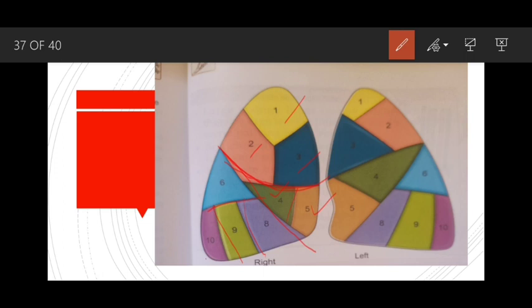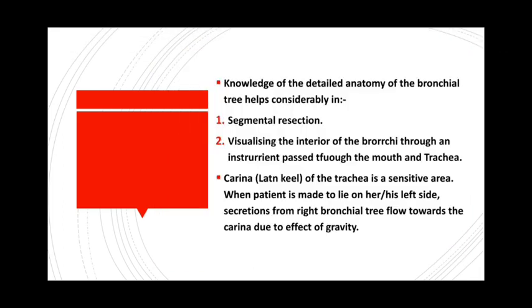Here the left lung is also divided longitudinally, through the oblique fissure, into two parts, upper and lower. The upper is divided into an upper division and a lower division. In the upper division, this one is the apical, this is the anterior, this is the posterior, and in the lower division, this is the superior lingular and this is the inferior lingular, because the lingula is there. And in the lower lobe, this is the superior, this is the posterior, this is the lateral, and this is the medial, right? So these are the segments.